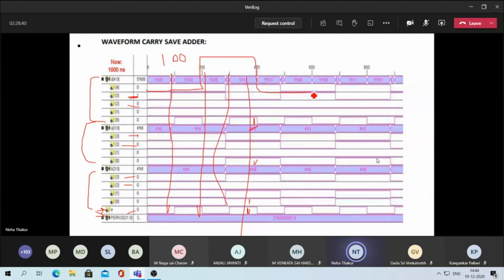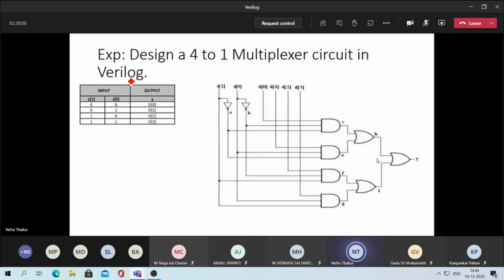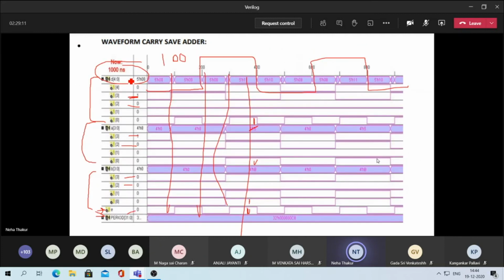Your inputs have the choice of changing at 100 time units. The time unit is not given here, but it is in nanoseconds, so that means after every 100 nanoseconds it will change. So this is your carry save adder.